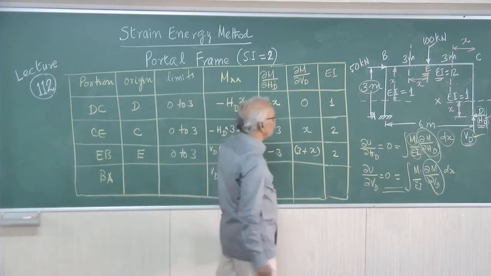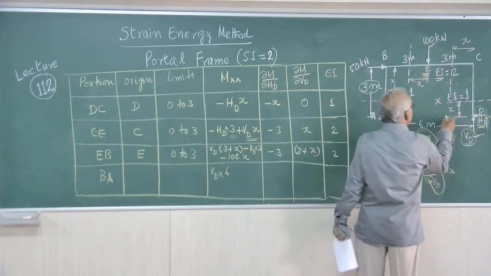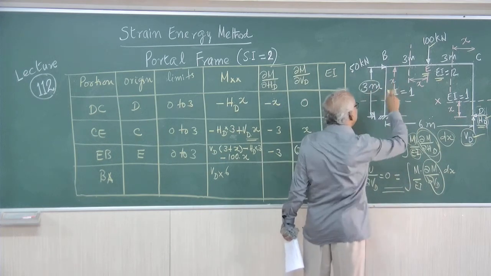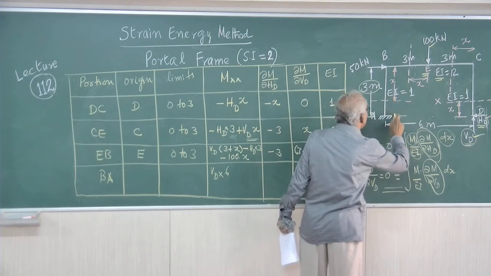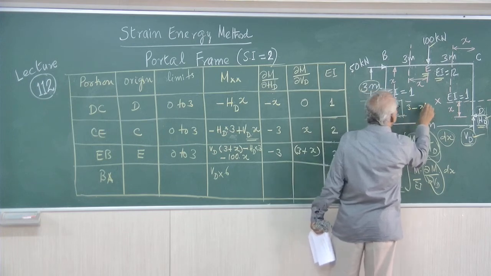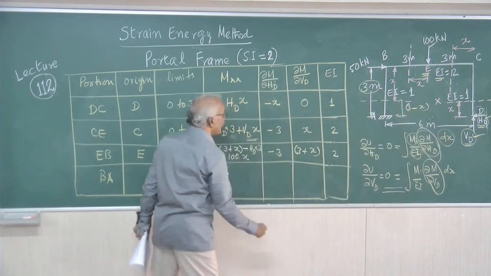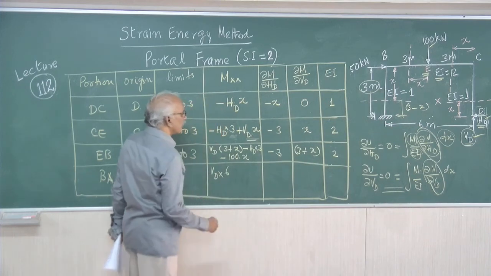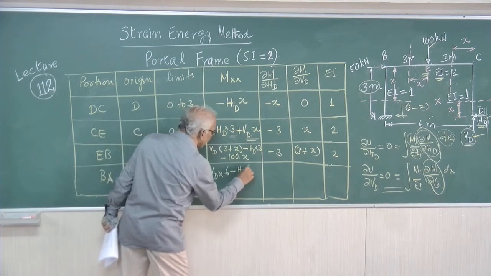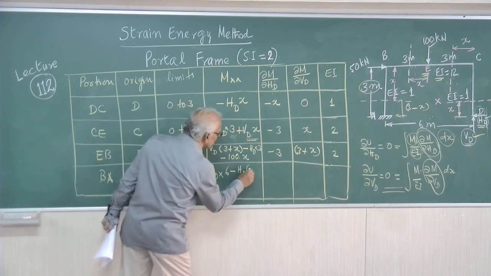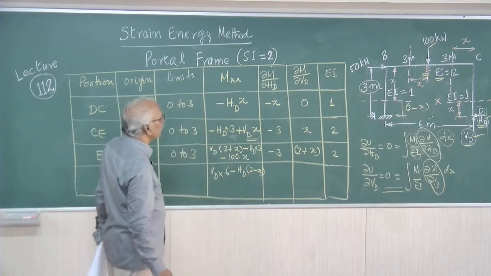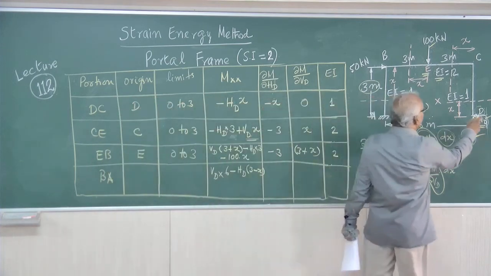Then, the horizontal force is Hd, acting at this level, and we are measuring x from the point B. From B we are measuring, we want this distance. So, this distance is 3 minus x. Therefore, that is Hd, that is clockwise, right, clockwise. Therefore, minus Hd into the perpendicular distance, which is 3 minus x, because x is measured from B. So, we have considered 2 forces, 1 and 2.